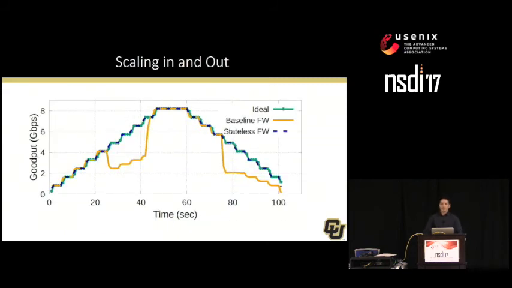In terms of scaling, we wanted to see the impact on the network traffic when we scale the network functions in and out. We ran our experiments on firewalls where we gradually increased the traffic rate, and at about 4 gigabits per second, we arbitrarily said that that's the threshold to scale out. So we launch another network function instance and split the traffic to it. Then at 8 gigabits per second, we gradually decreased the traffic rate and scaled in at 4 gigabits per second. Note that the stateless version scaled perfectly with no loss, while the baseline version experienced significant disruption.